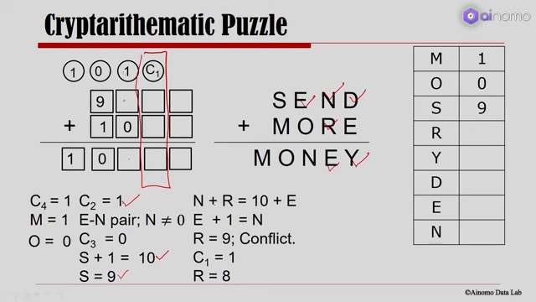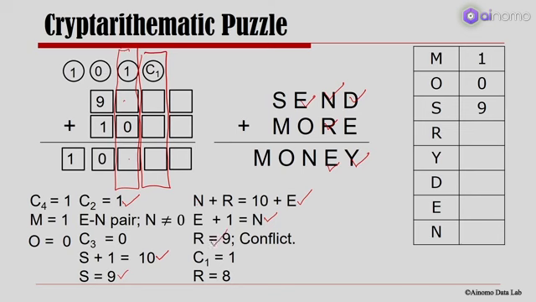So I write that N plus R is equal to 10 plus E, and already from my third column, I know the fact that E plus 1 is equal to N. Given these two, I can substitute E plus 1 for N here, and then I will have R equal to